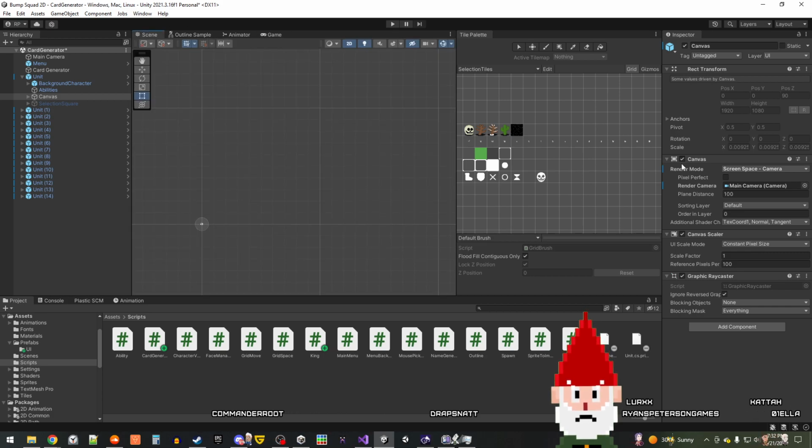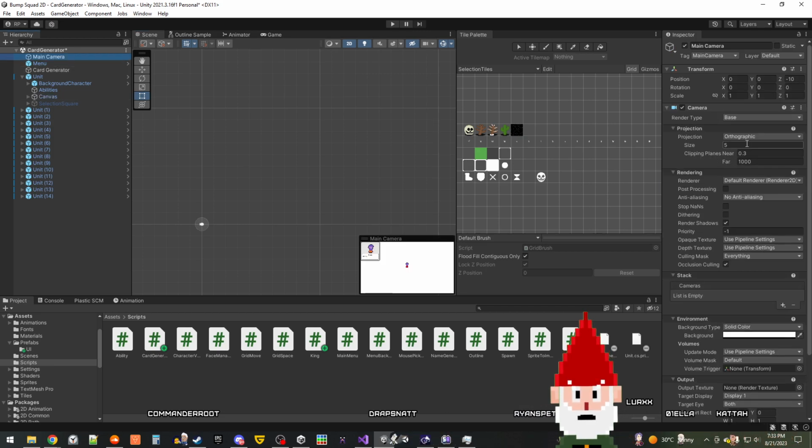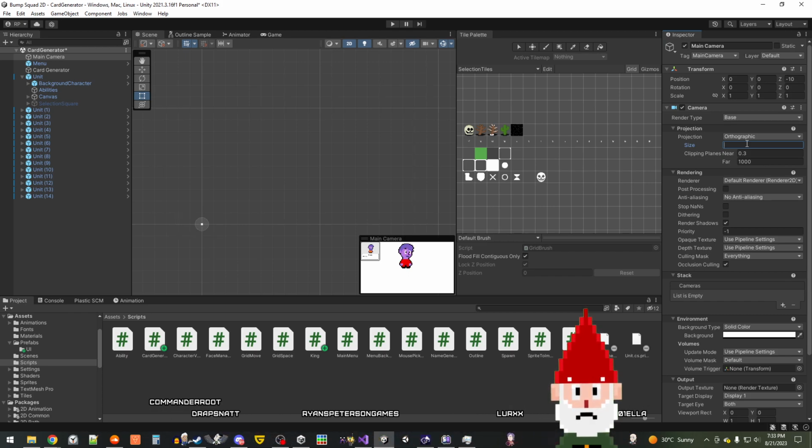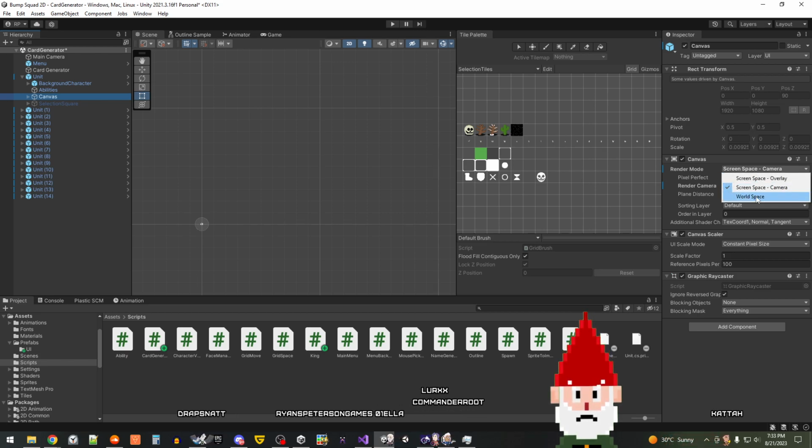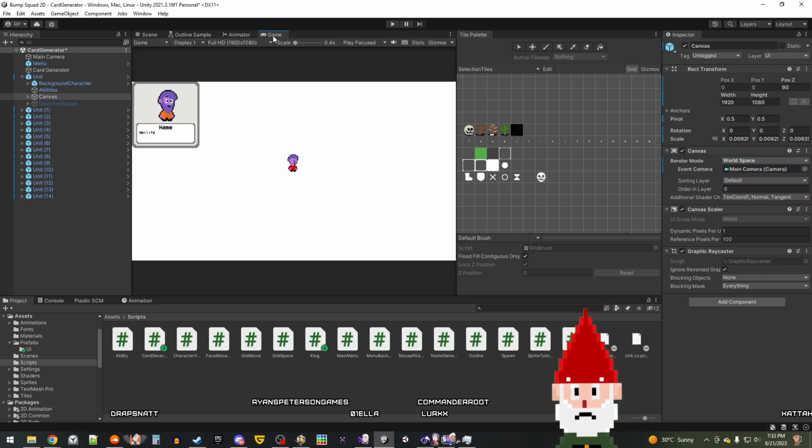If I try to change the camera size, that's not going to be what I want. Yeah, that is not what I want. But if I go and do world space and then look at it,